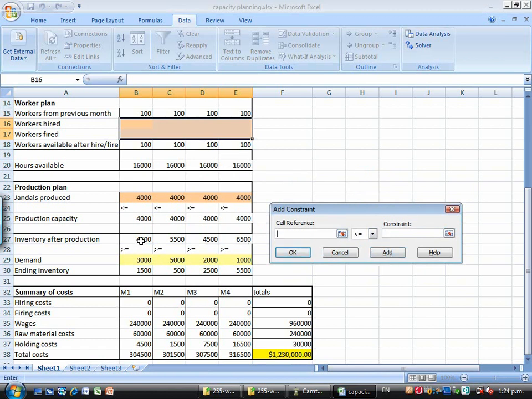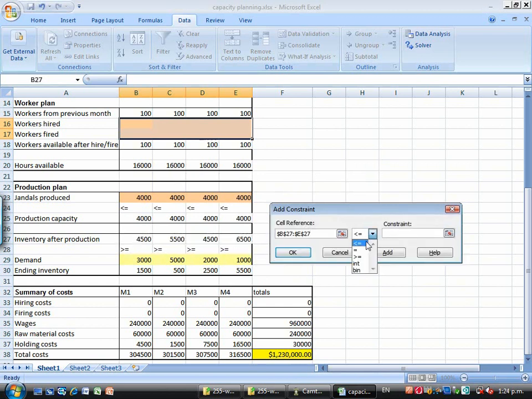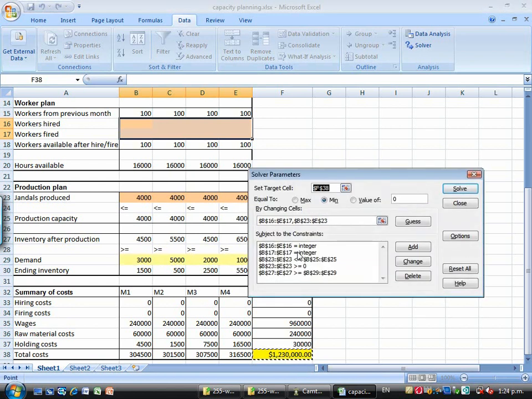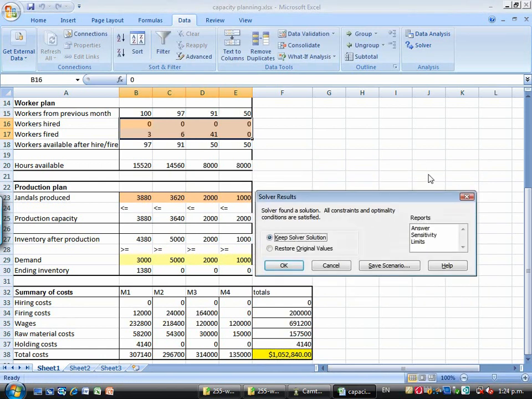Now the inventory after production must be greater than or equal to demand so that we can meet all demand all of the time. We click on OK. So now we have a series of constraints. We have a target cell, we want to minimize it, and we've told Excel which cells to change. Now we just hit solve. Now we let solver do its thing,